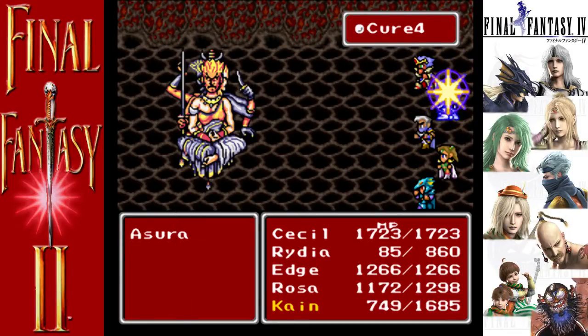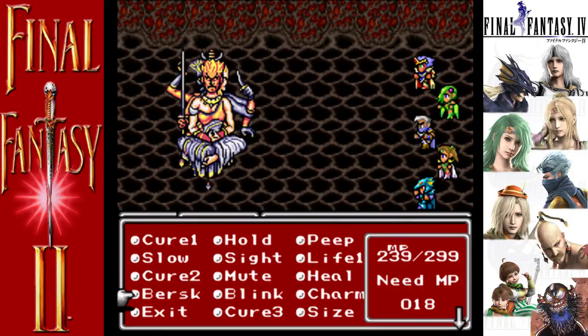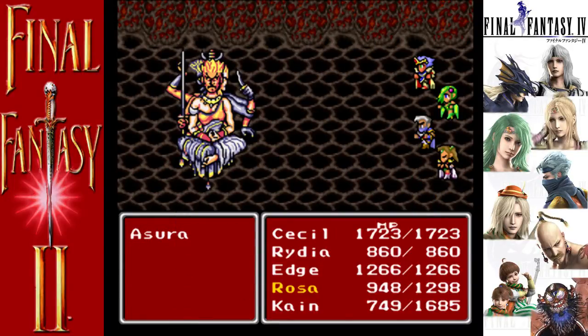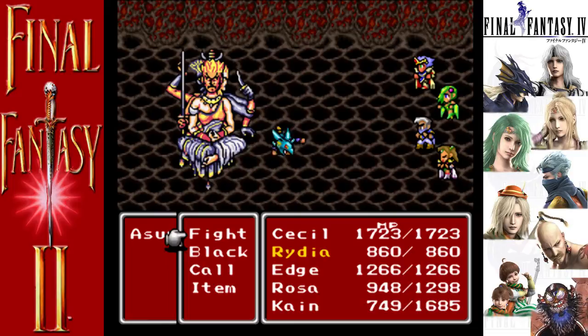But yeah, with a lot of things, because of the way her system works, since you use counterattacks for primary damage, you want her hits to have as much power as they can. So let's haste. I think Edge might actually do the most damage between him and Cecil. Let's see, Cecil does about 900. Whereas Edge does...